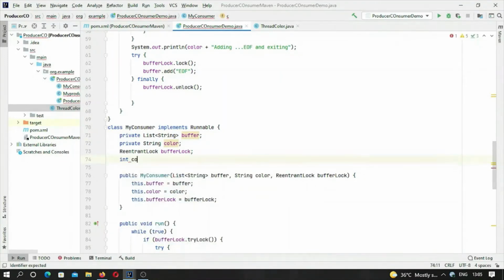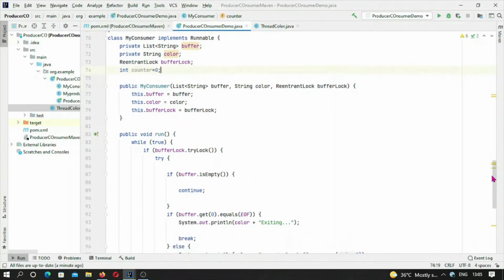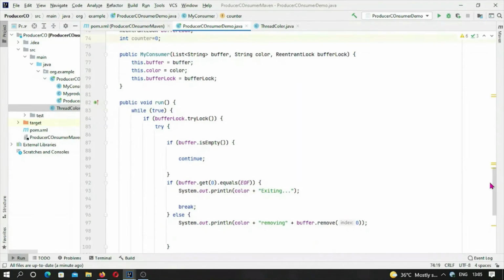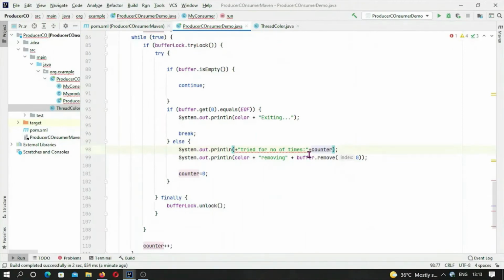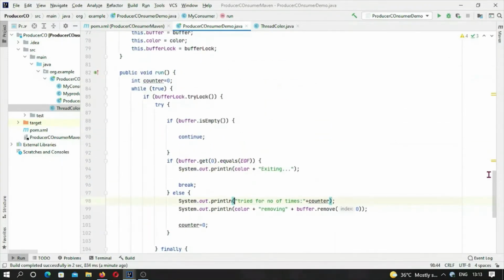Let me take a counter, and that should be initialized with 0. Suppose it is my consumer, and in this run block, it requires the lock, it tries for a lock, and it gets the lock. Okay, so now we have done this so far. So you can see,